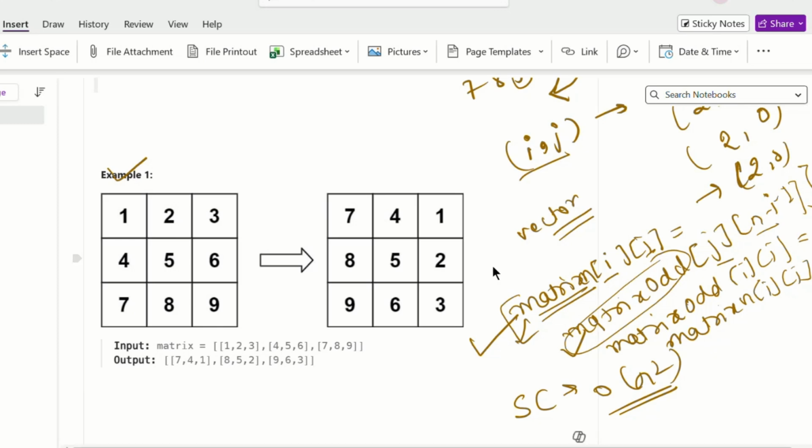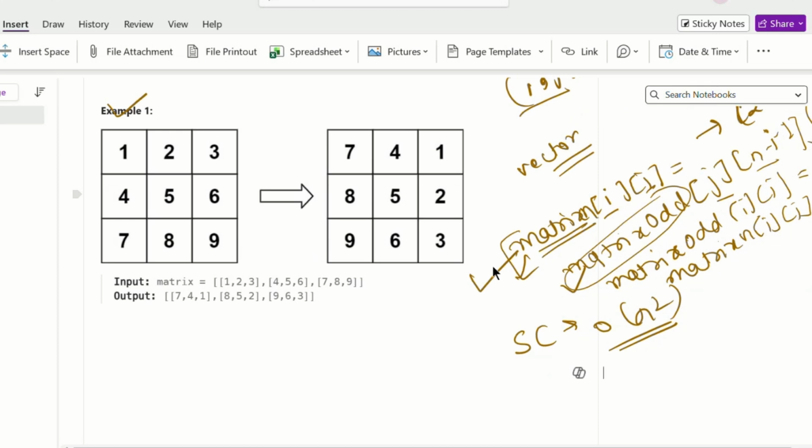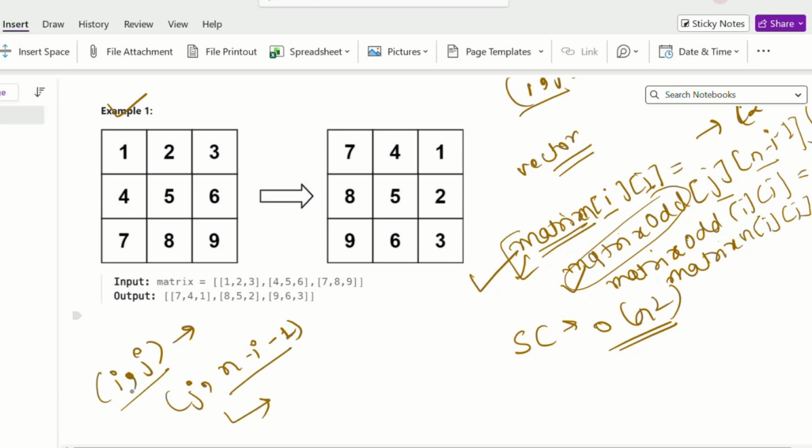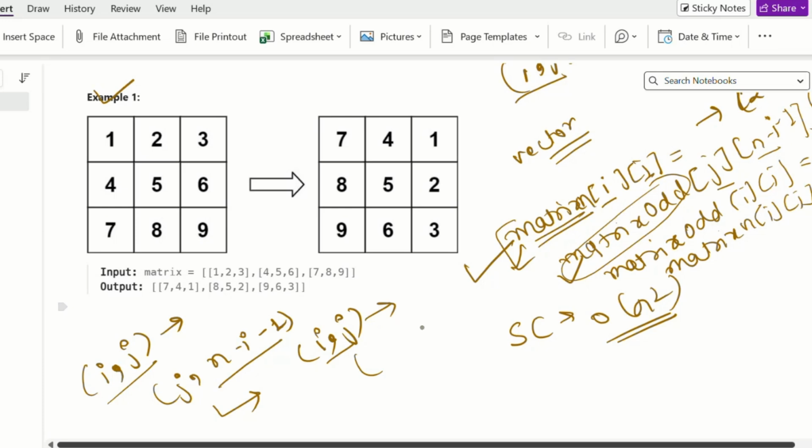So what can we do in place of this? What is basically happening is that if my row and column is I and J, after rotation it becomes J comma n minus I minus 1. So the other way to do this is that we first do the transpose. If my row and column is ij, after the transpose it becomes J comma I. So we need J comma n minus I minus 1, and J is already in its correct position.